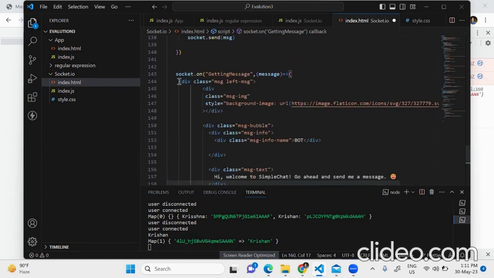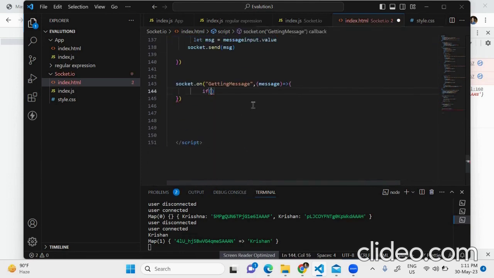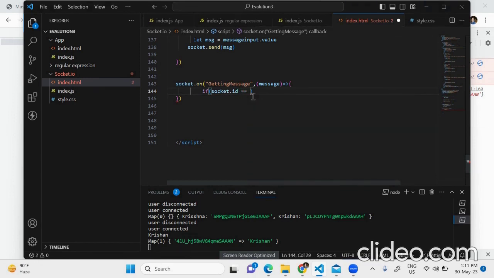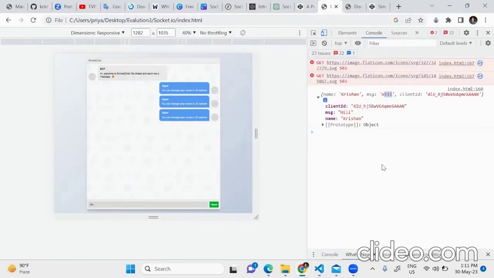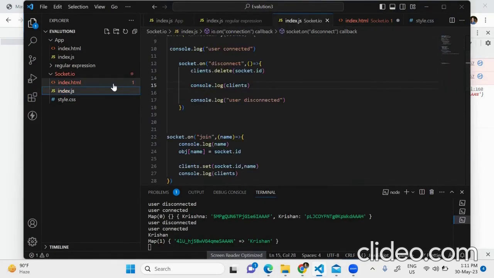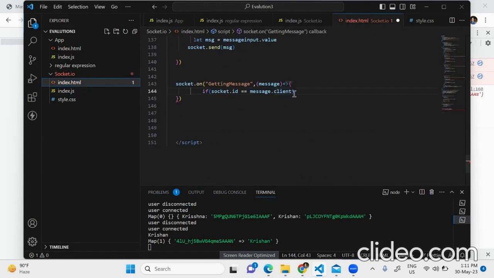Have to go get one. If socket.id will be same, let's say message dot client ID. Client ID indicates, and first we have to put it in the left div, right? Otherwise,